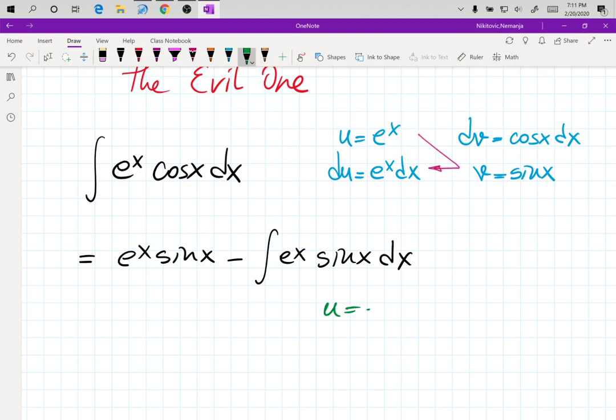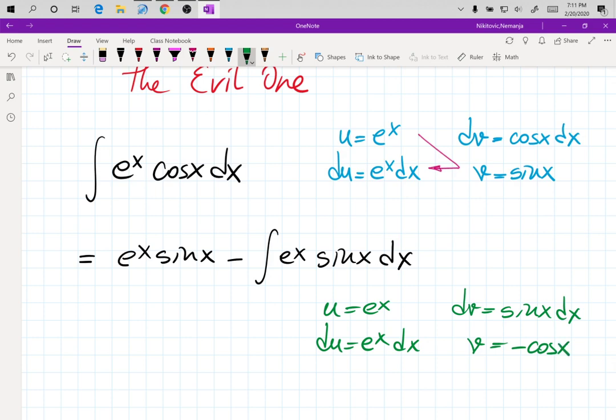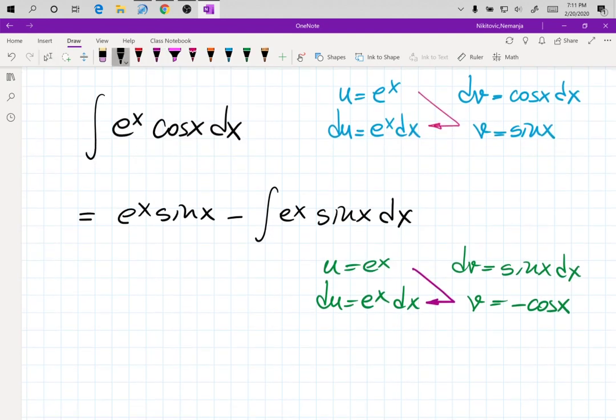So u equals e to the x, dv equals sine x dx, and now we have our du to be e to the x dx, and v equals negative cosine x because integral of sine is negative cosine. And we're going to put our arrow there. Don't forget to copy the first term, e to the x sine x minus open parenthesis,